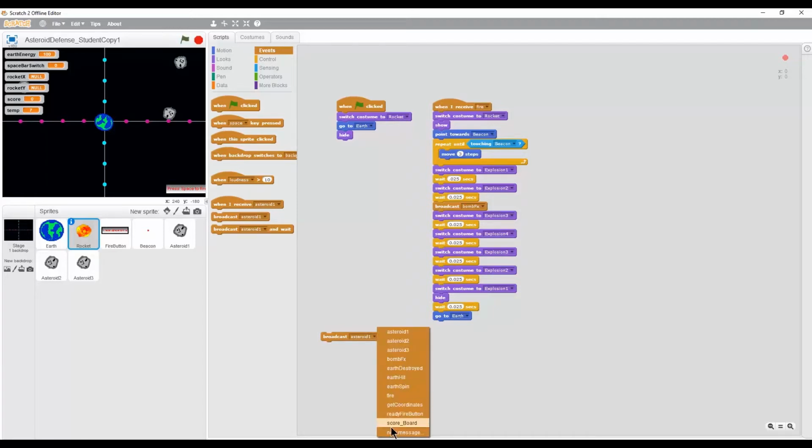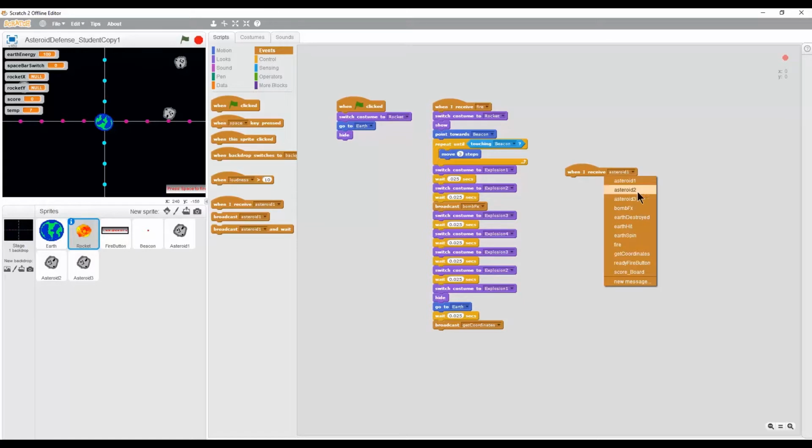Next one for this message, we want to, whoa, hold on. I don't think I created this message yet. Let me double check. And get coordinates. Okay, so we want to choose get coordinates, and we're going to, let's switch those. Okay, note I just switched those right there. Okay, and we're going to put this one right there, and we're going to have a couple of hat blocks